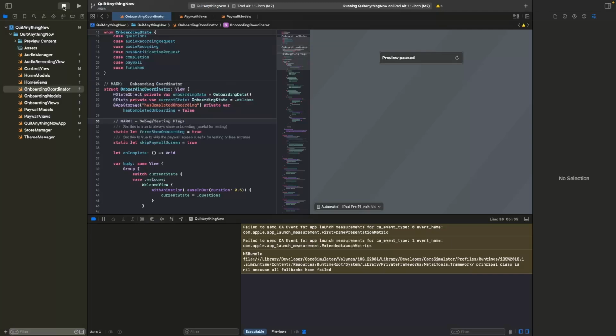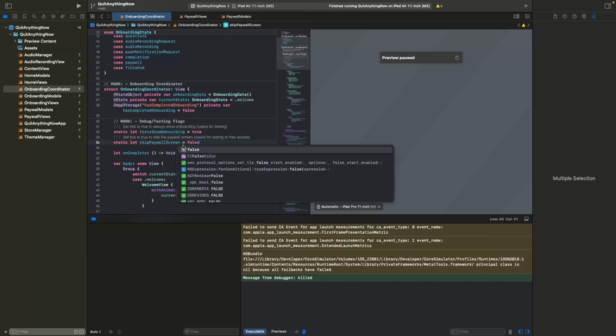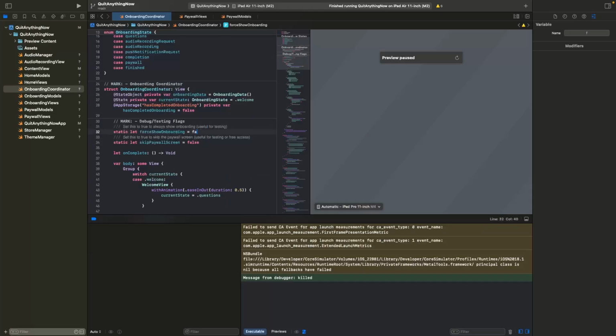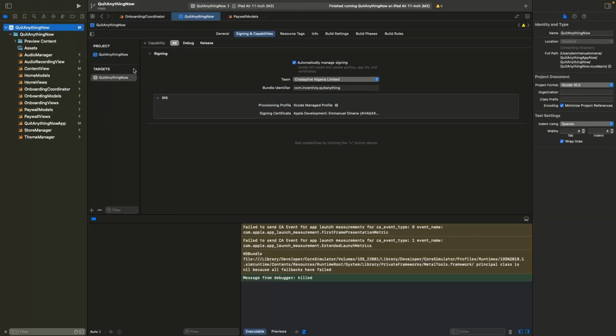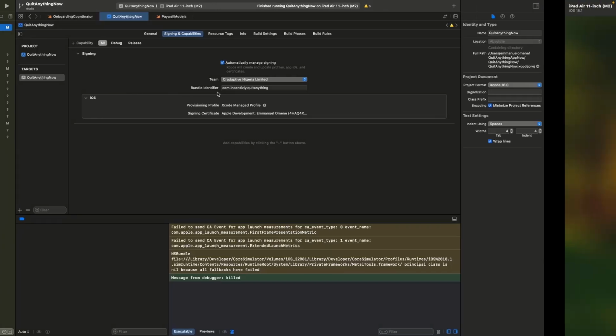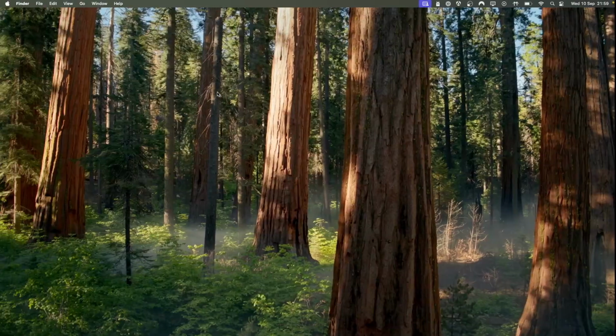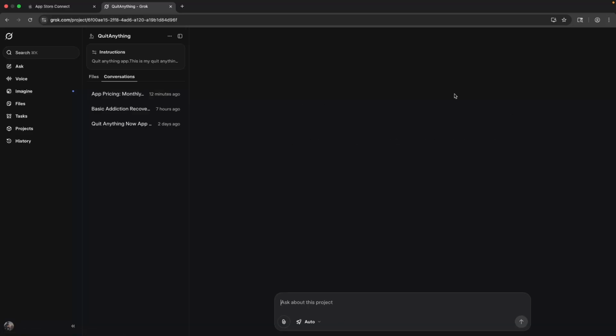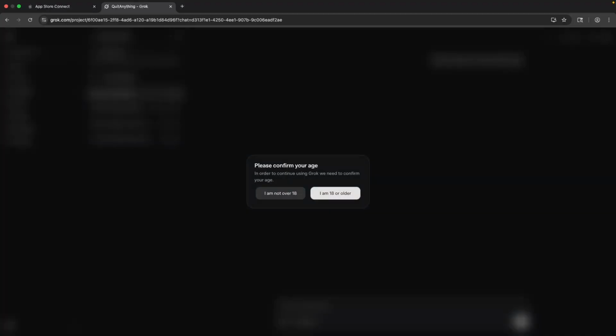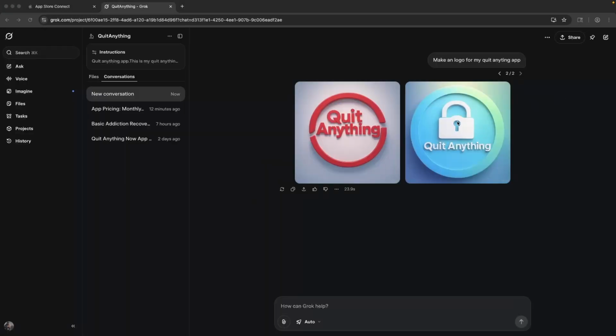Since we have this working, what we can do now is actually submit this. So I'm gonna make this false. So this works, false. I'm gonna make that false. And what I'm gonna do is, we need some designs actually, because we need a logo, we need an icon. And I'm gonna, a new chat, make an icon for, this is a demo, right? It doesn't have to be perfect, but let's see what Grok comes up with. This is not actually too bad. I'm gonna download this,